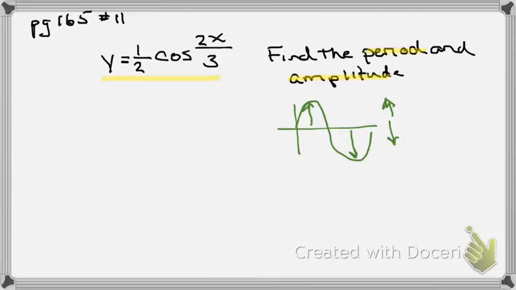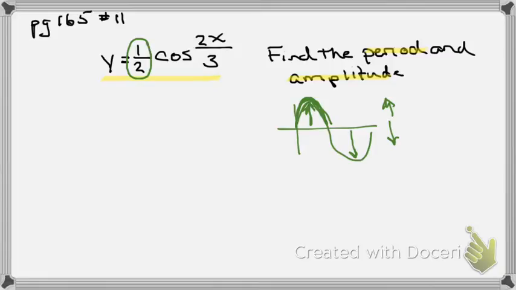Or if I'm thinking about the Ferris wheel idea, the only reason I could get higher is if the radius changed. So whether you see it as the amplitude, the radius change, or a vertical stretch factor, you'll realize that this 1/2 is what's really controlling that